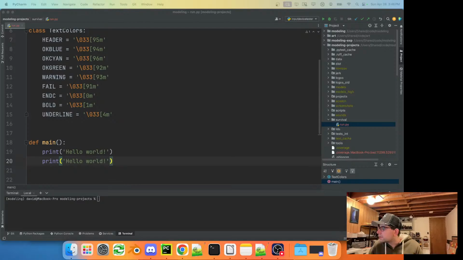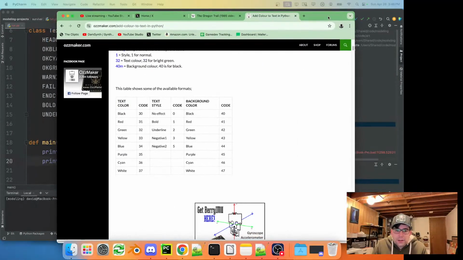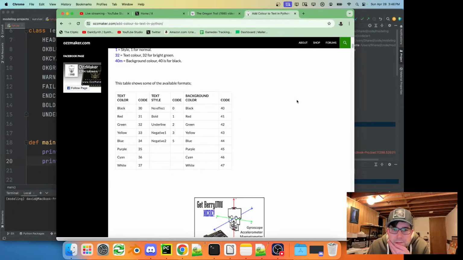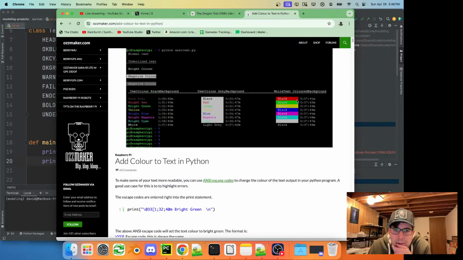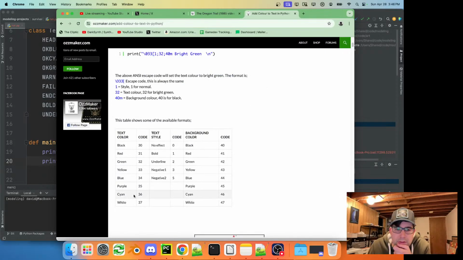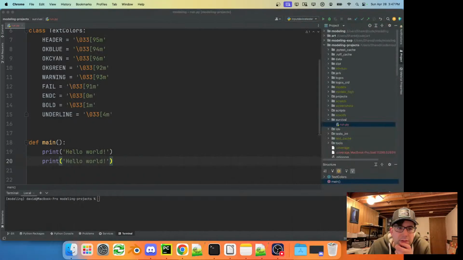Here it is. Okay, so this is the code that we want. And I think I want to use cyan mostly, so that is going to be code 36.